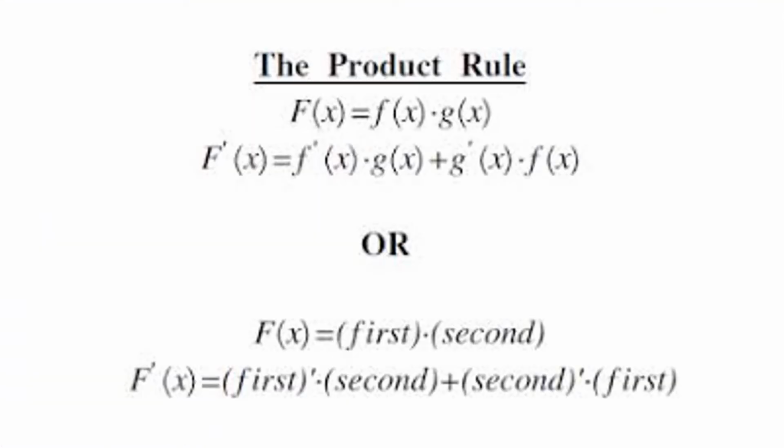So here, in a nutshell, is the product rule. And as the name implies, product simply means that you are multiplying. A product is usually the result of multiplication, right? So if we have f of x, for example, times g of x, which is a function multiplied by another function, the product rule simply states that we differentiate the first and multiply it by the second, and we add that to the differentiation of the second